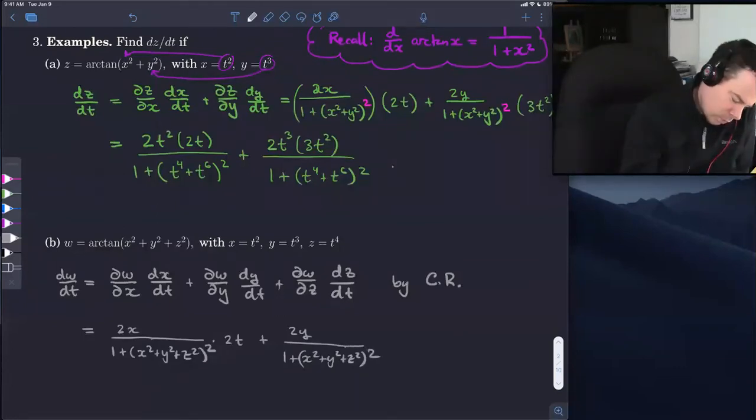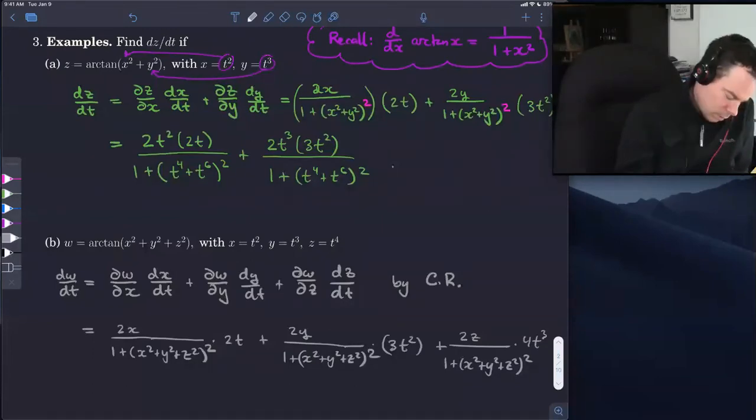So many squares here. Times the derivative of y, which is 3t squared, and then plus the same thing with the z, 2z over 1 plus x squared plus y squared plus z squared squared times 4t cubed, and then